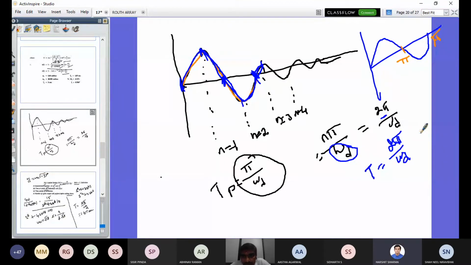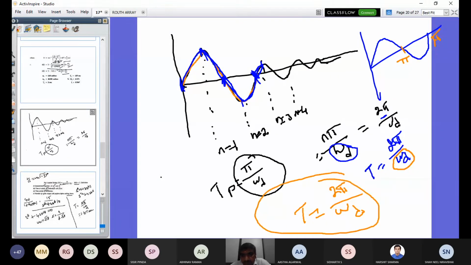Okay, so now we are finding out what is the time period of oscillation. Already we know that it is there in radians, omega d radians. That frequency is called omega d. But here in the cycle you can see it is 2 pi, so 2 pi by omega d. You can consider that 2 pi by omega d is called the time period of oscillation. Any doubt in that now?